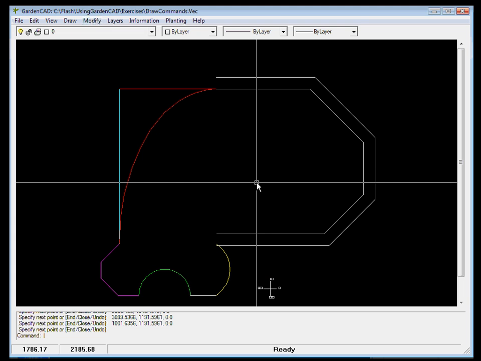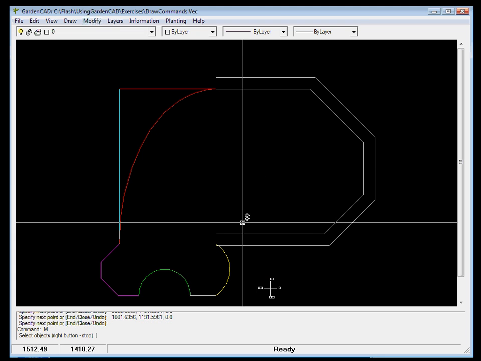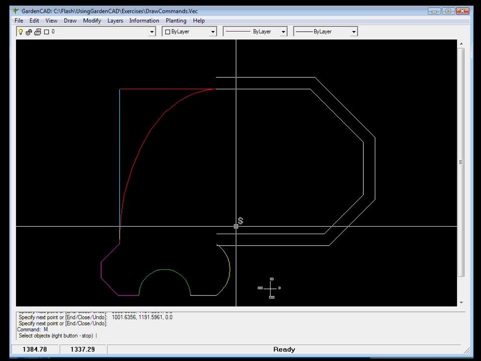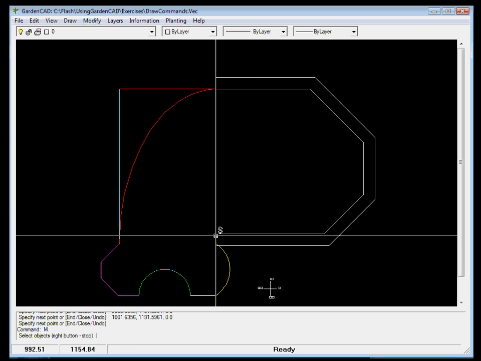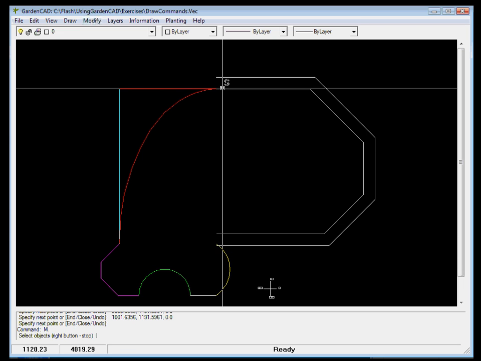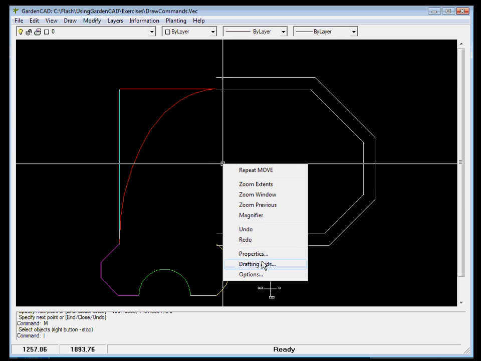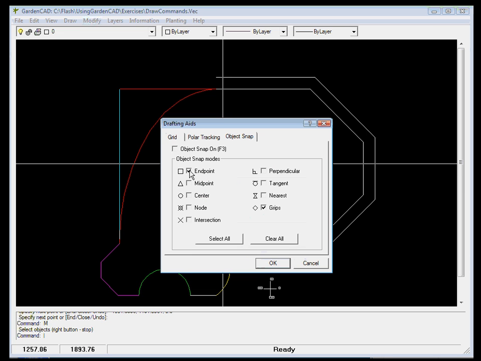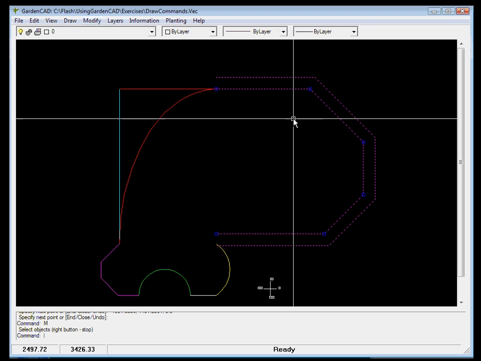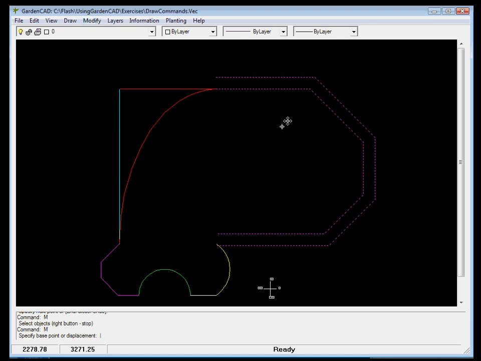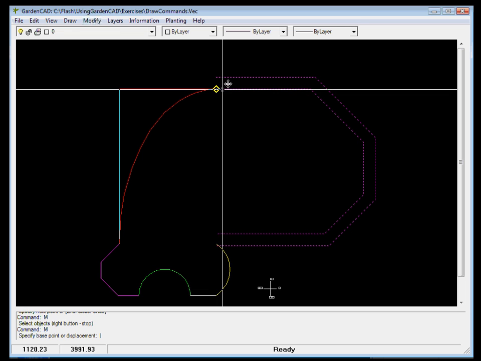So if I wanted to move that wall, which I don't, I could pick move and select objects. It should find that entity snap position, which it does not, and I suspect that's a problem of the software. I'll take it off for the moment, take off endpoint, put it back on, and grips. Possibly I have to click on it first, then go M for move, and now, yes, now I can find